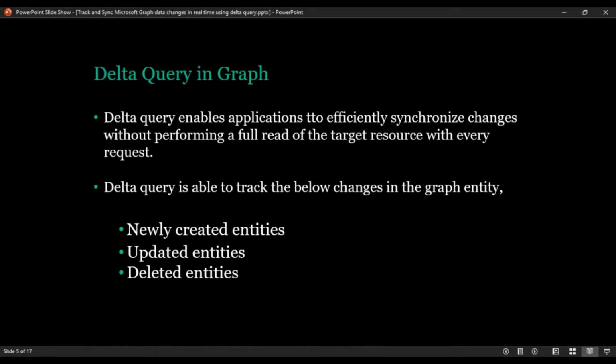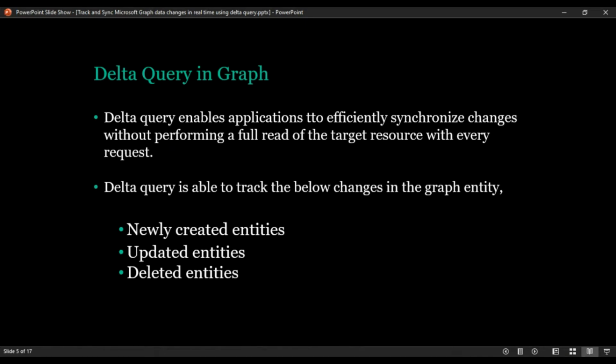So basically, to keep your data in sync, you need the data that are newly created. For example, if there are 10 users available, and tomorrow you want to open your user dashboard and see the latest users, in general whenever you open the dashboard on the second day, we'll make a user request so that we get all the users and get them synced. But once we use the delta query, there is no need for that. That entire approach is going to change.